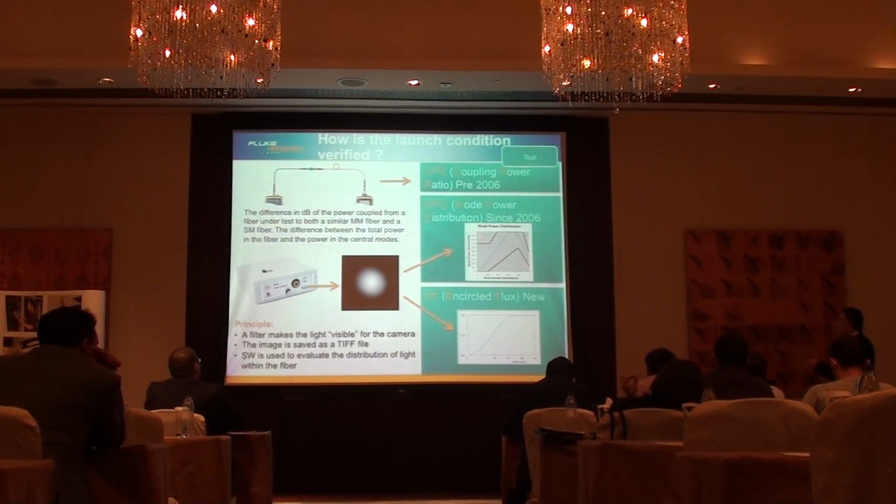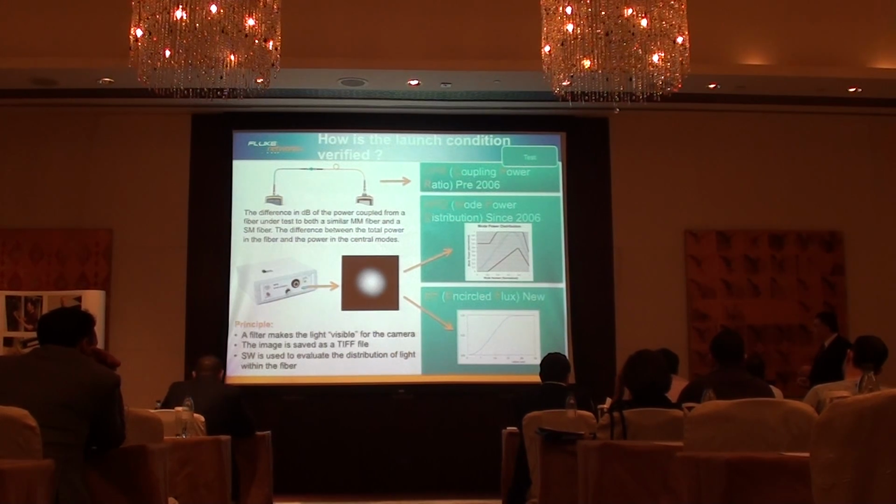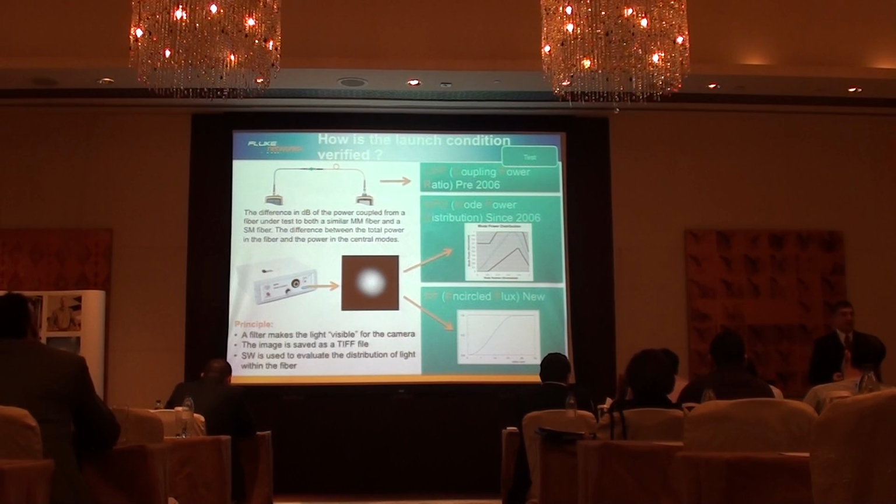You had still your mode power on the vertical axis, however, here was the core diameter. So you could see the behavior of the light that went through based on power. You could see from the center of the core how much power was distributed all the way to the edge of the core. This is the story of encircled flux. Now,